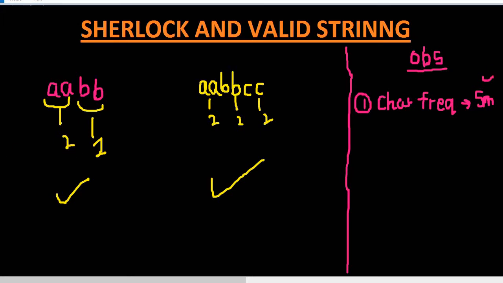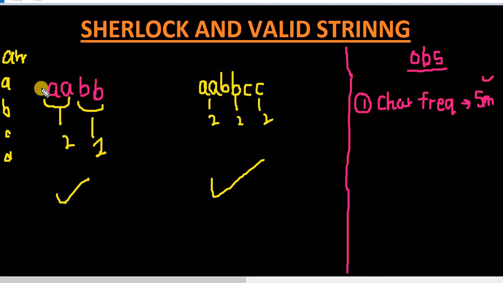How we can count frequencies is, we can simply declare an array of size 26 and initialize all the values to 0. Whenever we encounter a character, we subtract the ASCII value of small a, that is 97, and in that process we get values ranging from 0 to 25. Let me write A, B, C for simplification, because most of the examples I will take consist of these letters only.